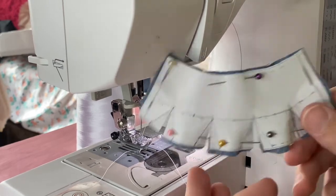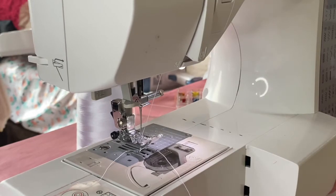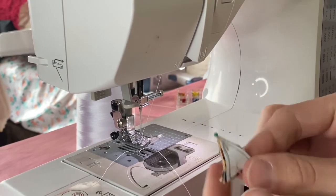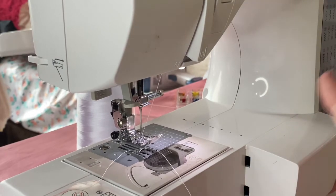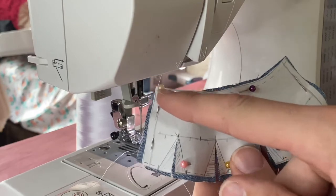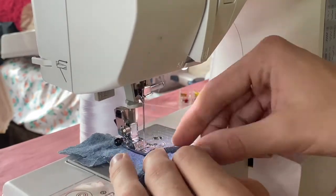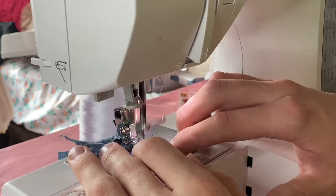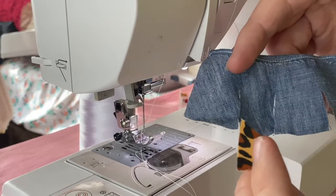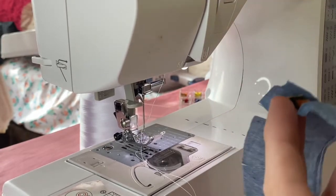But with this pattern, we have one piece that is the skirt, and then we should have 4 of these little triangle pieces. So what I'm going to do first, before we get into that though, is go ahead and hem this top bit here. So now that I have that hemmed on the top, I'm going to start sewing in my little triangle pieces. I'm going to put it right sides together,